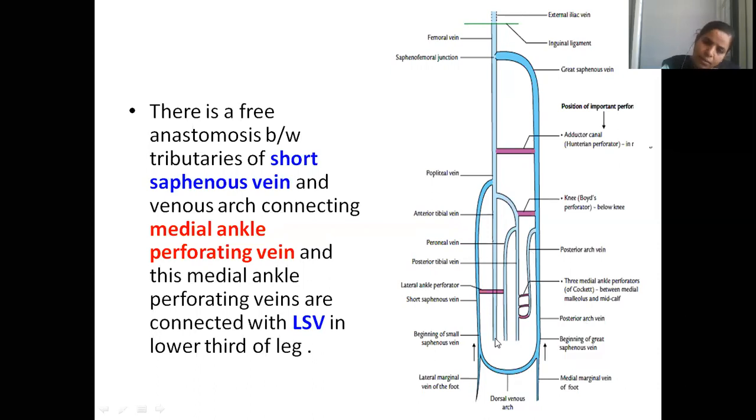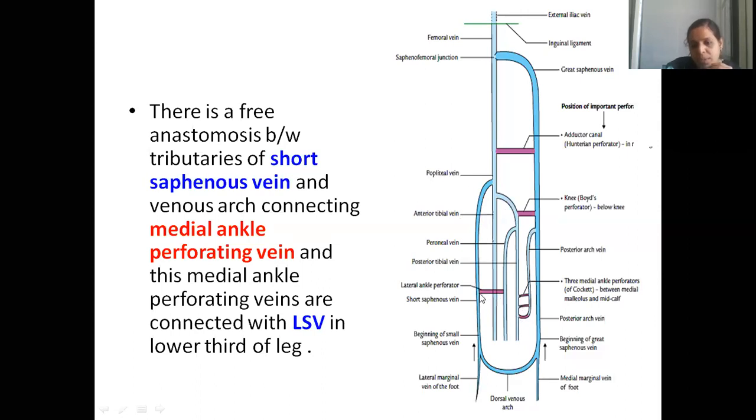So, like we also have deeper veins which are accompanied by the arteries in the form of vena comitans, isn't it? So, what are those veins we have? Like we have posterior tibial vein, right? Anterior tibial vein, peroneal vein, isn't it better? So all these are deep veins. So there is a communication between the superficial vein and deep vein, isn't it? So wherever there are the communications like this, what do we call them as perforators?